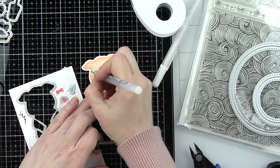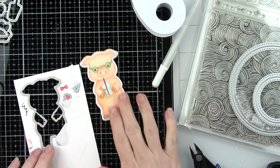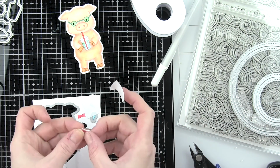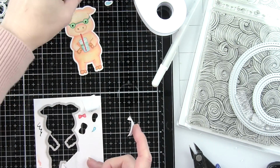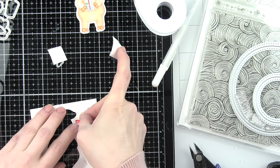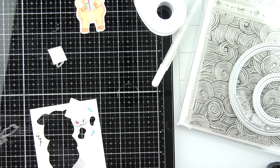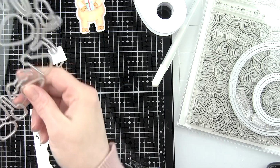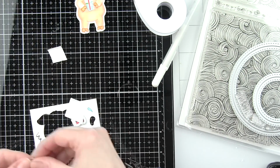I've die cut the images now with the coordinating Pinky the Pig dies. I've drawn in the black portion of the eye, the pupil there, with my black marker, and I'll add highlights with my white marker here in a second. I'm going to die cut any multiple images, since I did two hair bows and I did multiple splashes. So I'm grabbing all of those pieces and getting that all die cut